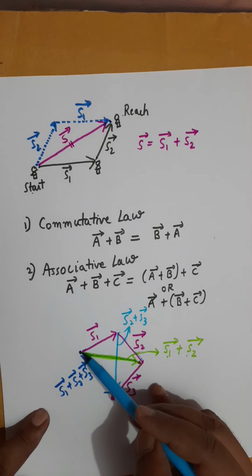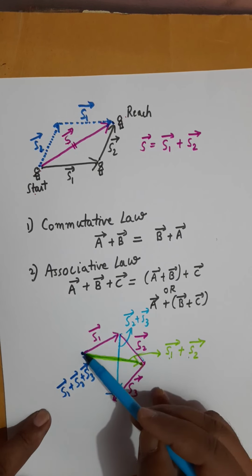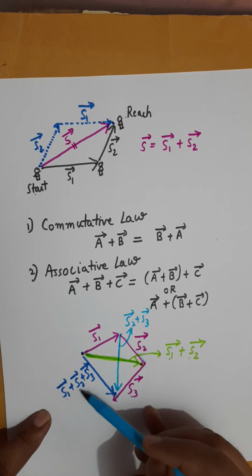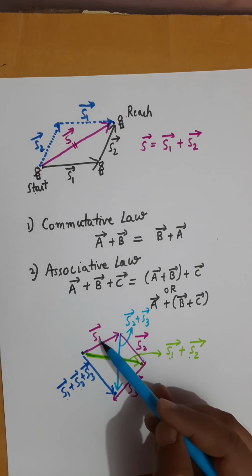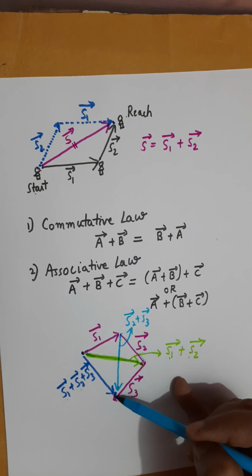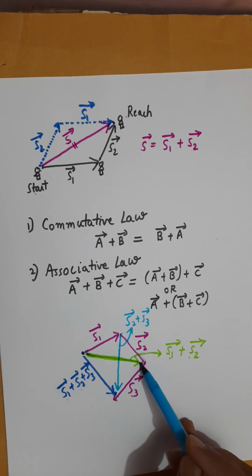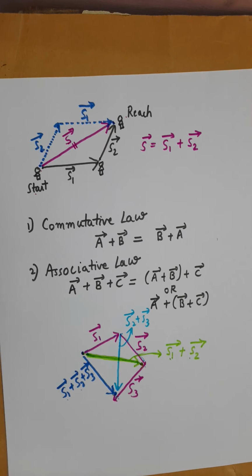Now vector S1 and then moving on S2 plus S3, that is this point, which is again the same as S1 plus S2 plus S3. So this is what associative law is. Like S1 and then you add S2 plus S3, you reach the same point, or you first take S1 plus S2 and then add S3, again you reach the same point. So associative law is now explained with the help of displacement vectors,